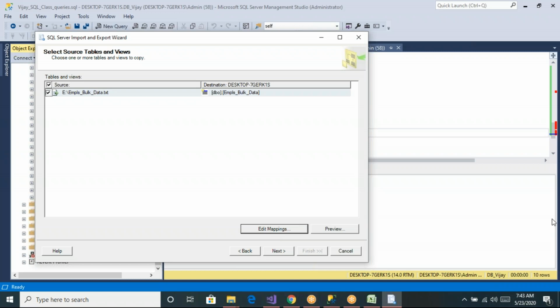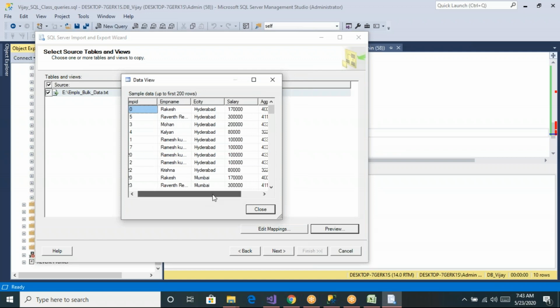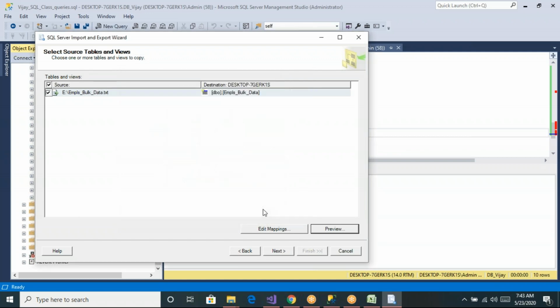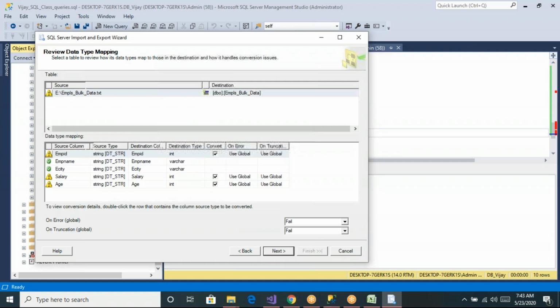So now let us go to this. Do we have a date field here? I don't have a date field. I will show you that. If you are not able to do that, do let me know, and I will show you how to do that. Okay, now let us click on next.